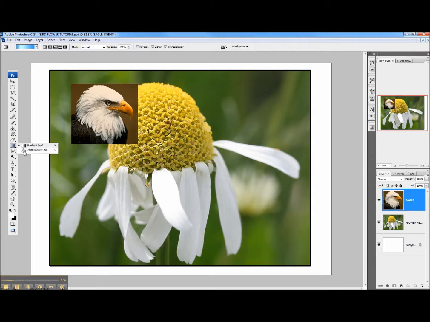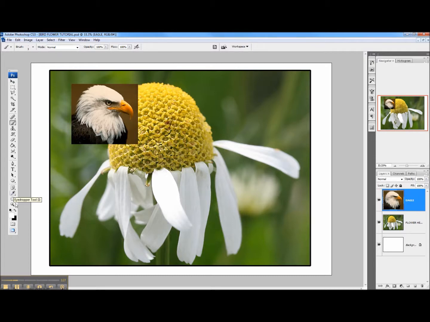and if we hold down we can get the different tools underneath. There's the paint bucket. So if you see these little arrows by things, you can hold down and get different things underneath. So there's a pencil there rather than a brush, but I tend to keep it on the brush tool. We have a text tool there, and a pipette tool, or rather an eyedropper tool this is called,